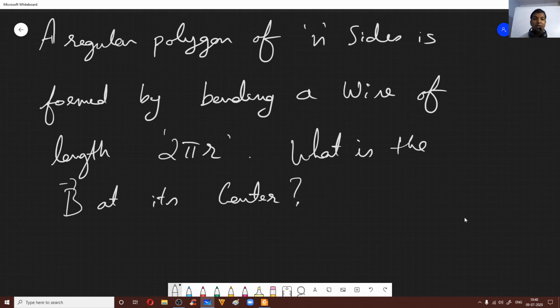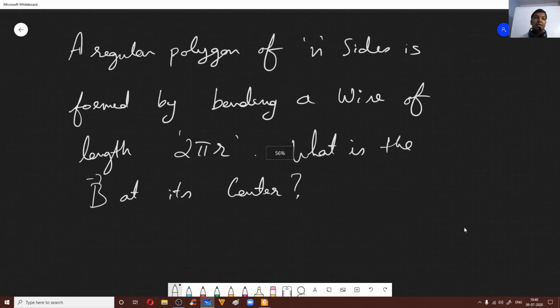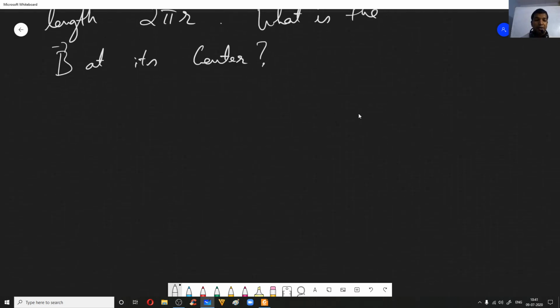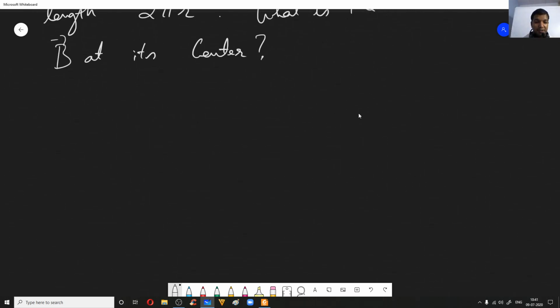Now, let us try to get a generalized result. For example, if you substitute n as 3, you should get the magnetic field due to a triangle. Regular polygon means equilateral triangle, square, a regular pentagon, like that. Right. Now for this, what we'll do is consider, say, this is